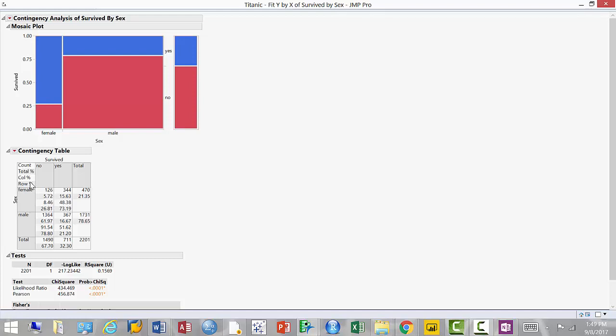Okay, so the last 4 numbers, right? This one says column percentage, right? How are we doing on time? Are we out? Okay, so